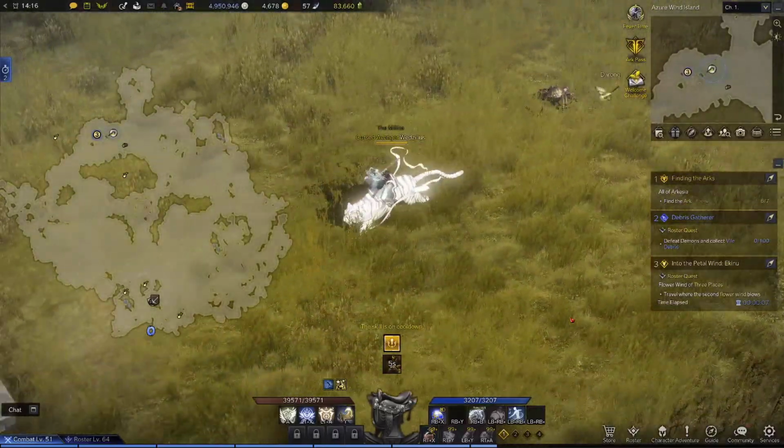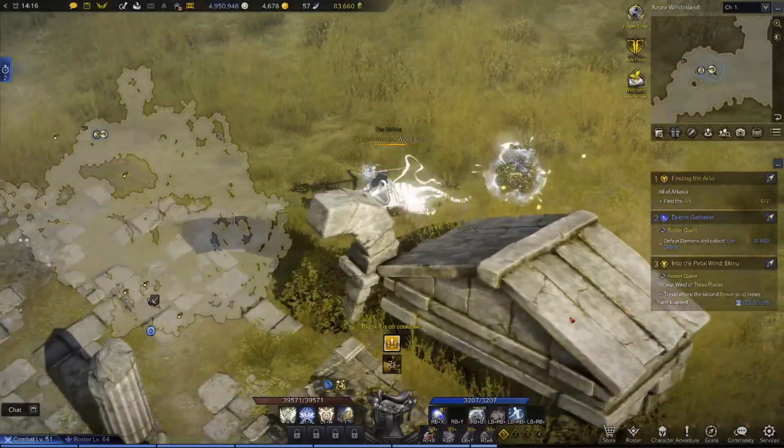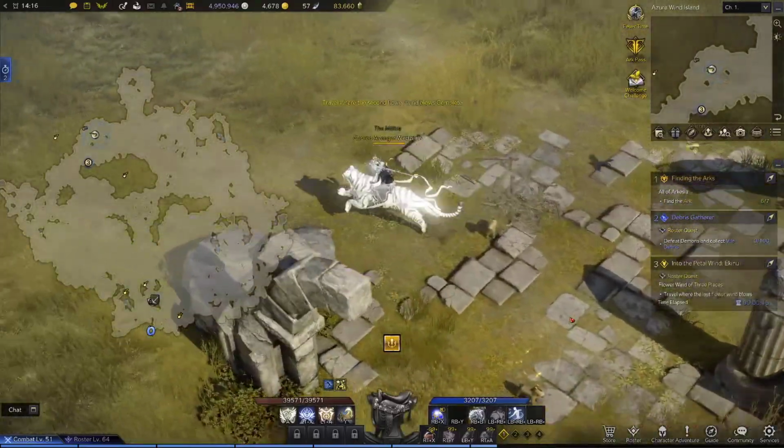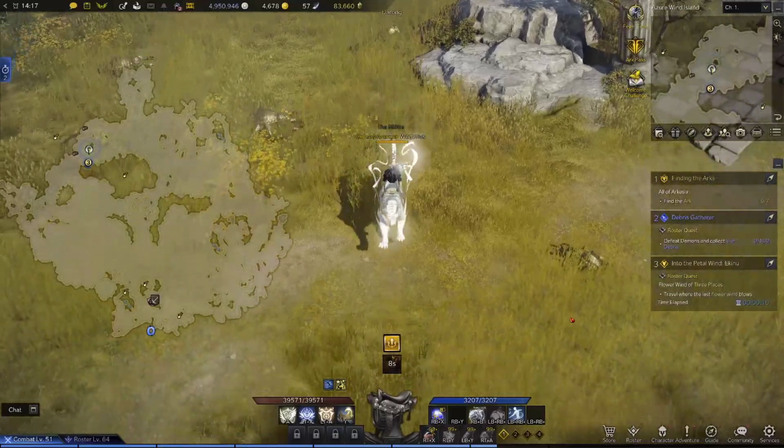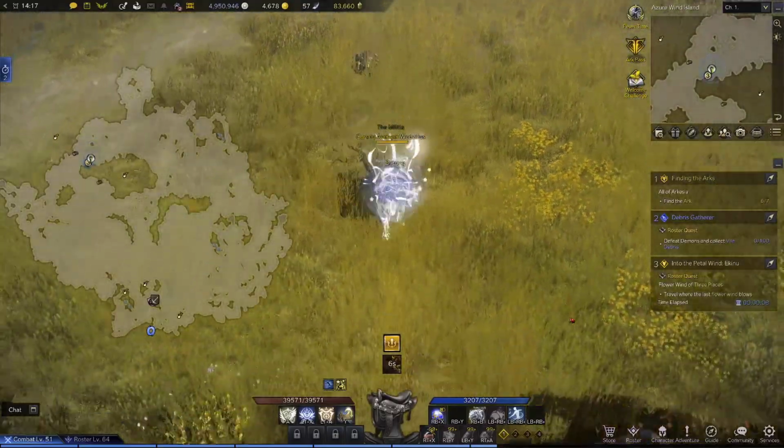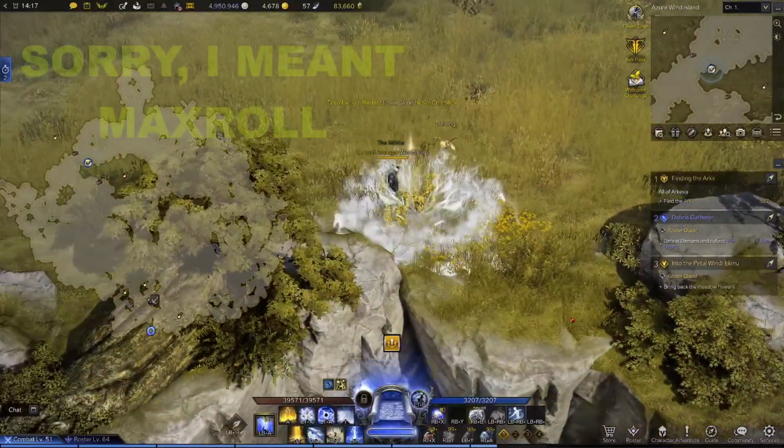Let's say, for instance, you get into the island, you have already completed all the necessary prerequisites for you to start doing all the puzzles and stuff like that. Now, let me show you something. Now, if I pull up Maxwell,